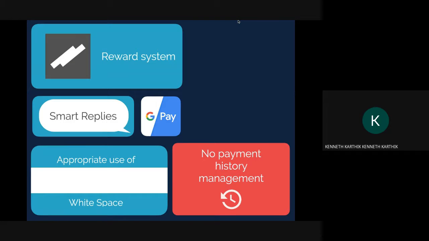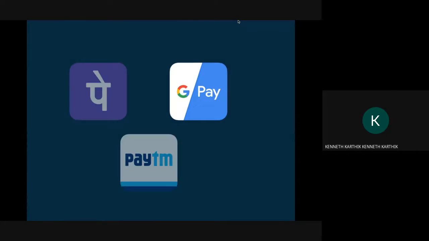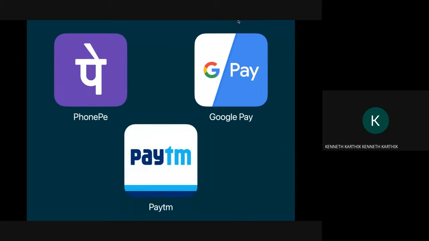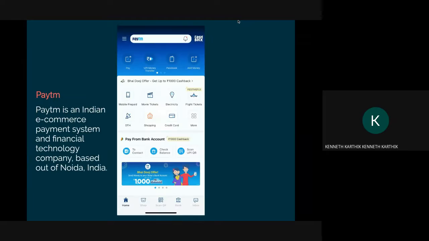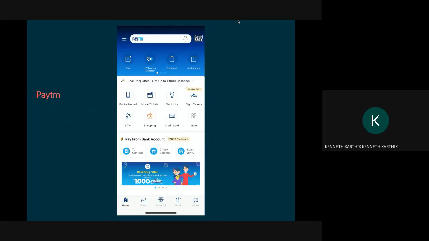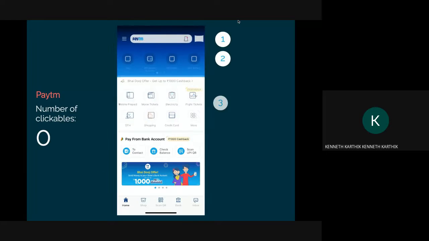So that was Google Pay. And finally we had Paytm, and Paytm was honestly the worst of the batch at the time. Even though they had a good wallet system, and Paytm was famous for that. They had probably the most popularity initially, and they had their own wallet system in addition to UPI.